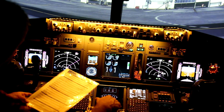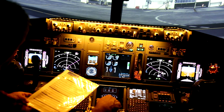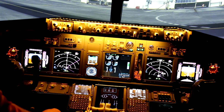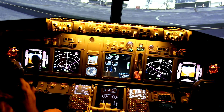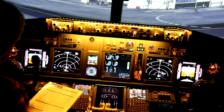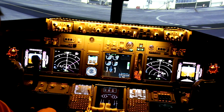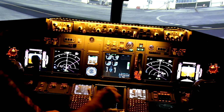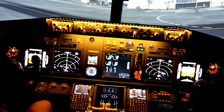Our start levers are in the idle position, and our flaps are set to 5 and 3 greens and a green. So that's our before taxi checklist. We can now taxi off to 34 left. So we turn off our